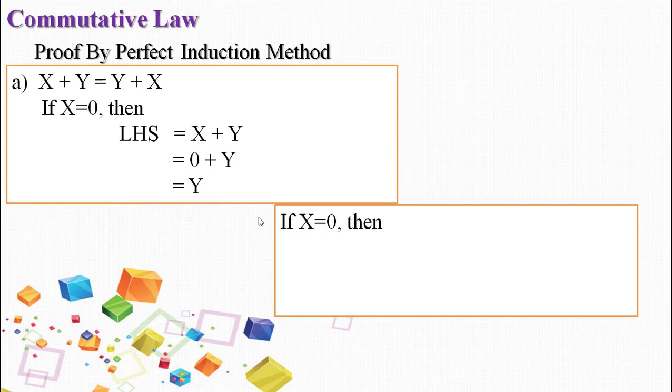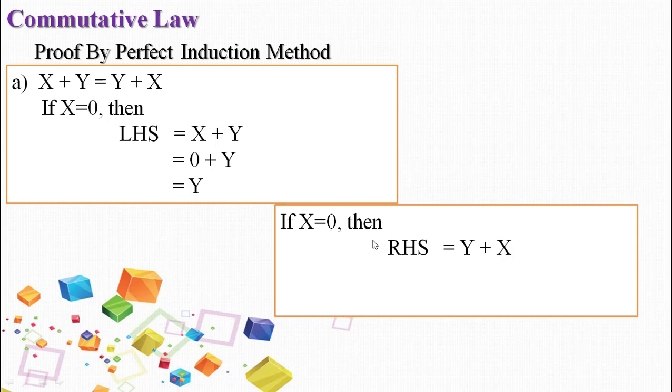So let us consider the value of x equal to 0 and take the left hand side value. Now we will take the right hand side value. So if x is equal to 0, then the RHS value, this is the variation. Usually we take the LHS and substitute the value of x equal to 0, and x equal to 1. The variation over here is we will be taking left hand side and right hand side with the same value of x equal to 0. So first we have taken the left hand side, next we will take the right hand side value.